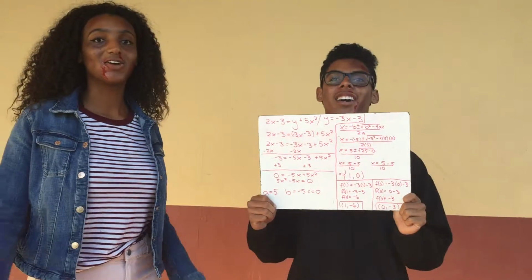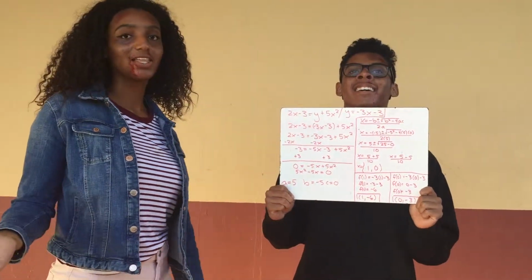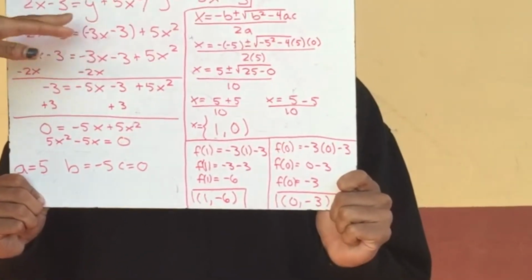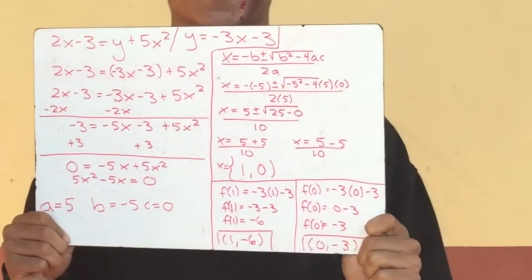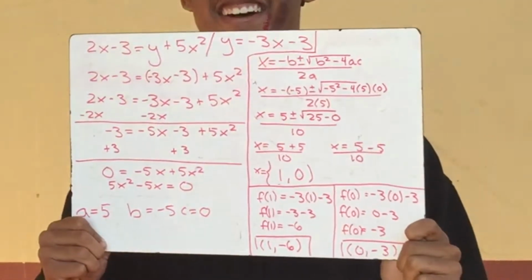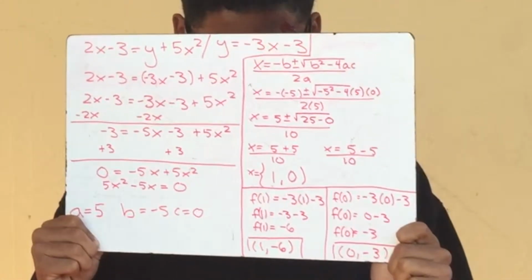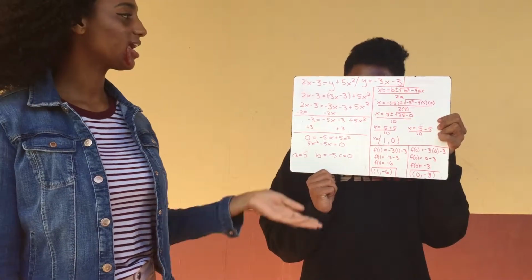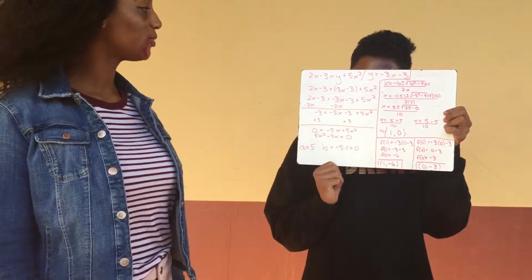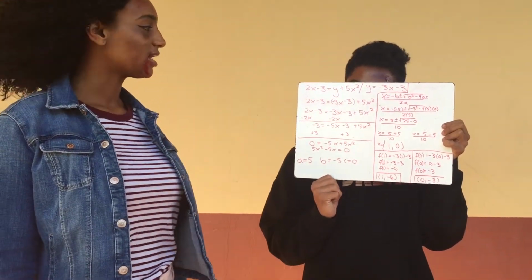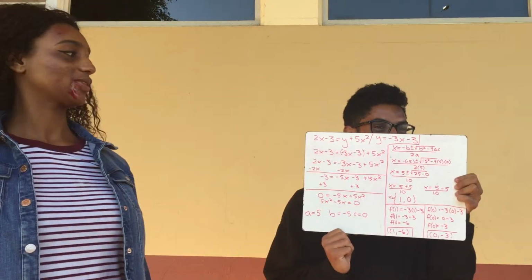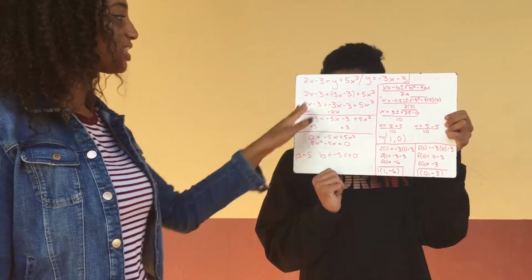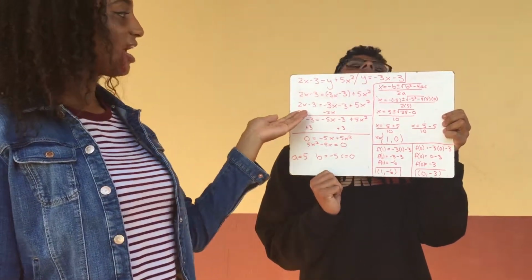Okay, in this problem I'm going to be showing you how to solve a system of nonlinear equations. So basically we have our two equations, which is 2x minus 3 equals y plus 5x squared, and then we know that y is -3x minus 3. We plug in the variable for y, so we end up with 2x minus 3 equals -3x minus 3 plus 5x squared. And so we can just take the parentheses out, and our goal is to have the equation equal